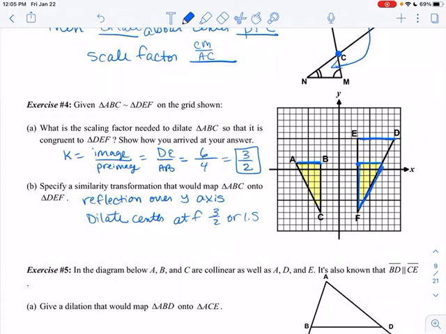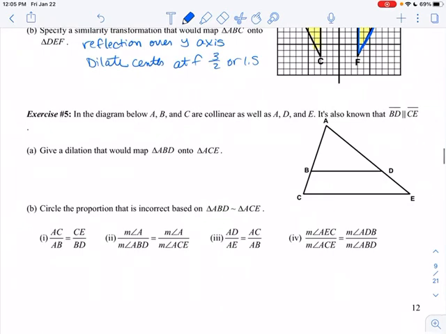Okay? All right, and this last one right here. In the diagram below, A, B, and C are collinear, and ADF are collinear. It's also known that BD is parallel to CE. Give a dilation that would map ABD, which is the smaller triangle, onto ACE, which is the larger triangle. So they're already touching at A. They share A. So using a center at A